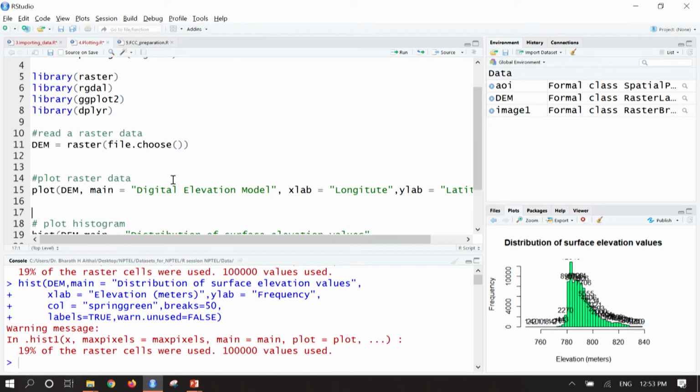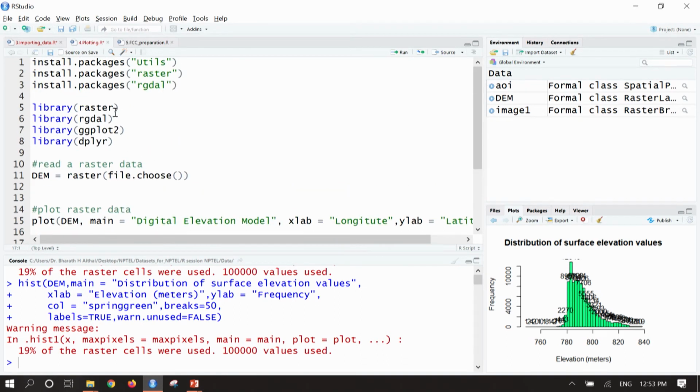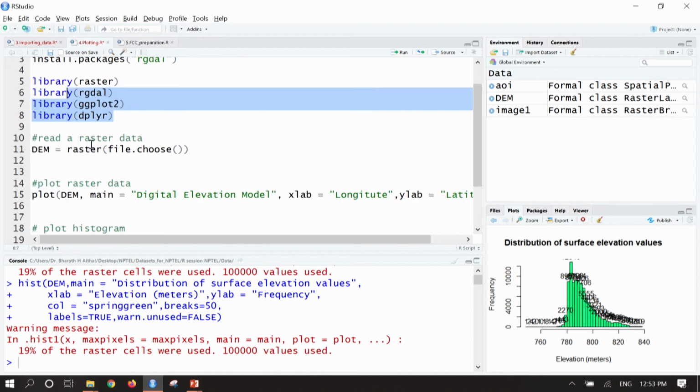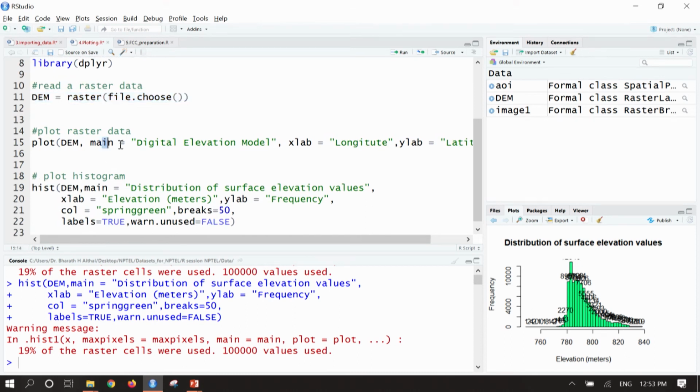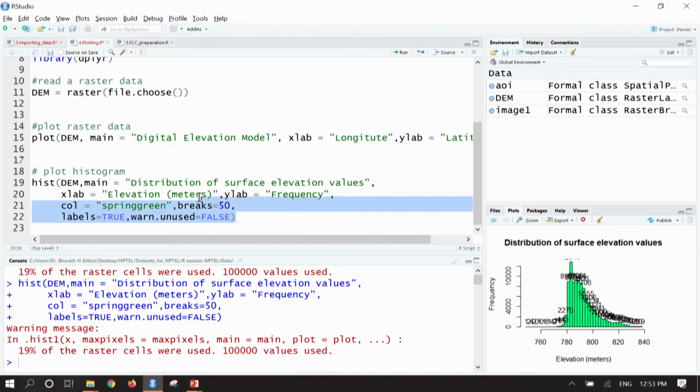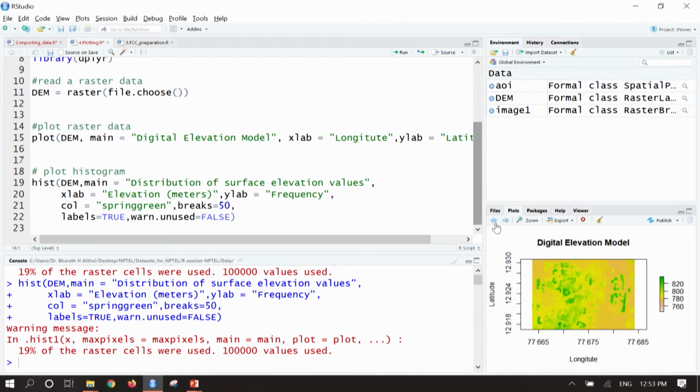So in this exercise we have seen how to import the packages, how to import the libraries, and how to import a digital elevation model or any raster into our environment, and finally plot it and generate a histogram of the raster. Next we are going to see how to generate the raster statistics. For example, if you want to see what is the maximum elevation value in this particular raster, using this graph we will not be able to understand what is the maximum value of the pixel, or what is the mean value of the pixel. Those can be done using the cell statistics command. We will try to see it here itself.